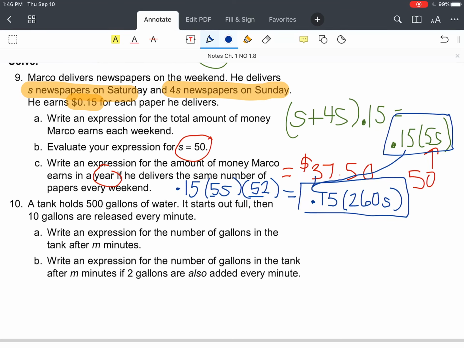Number 10 is about a tank of water that starts out full at 500 gallons and then 10 gallons is released every minute. See if you can come up with an expression in letter A, and then how does that expression change when you're adding 2 gallons of water every minute? So go ahead, try that one, and again, check your answer against the key. Make sure your notes are all completed and